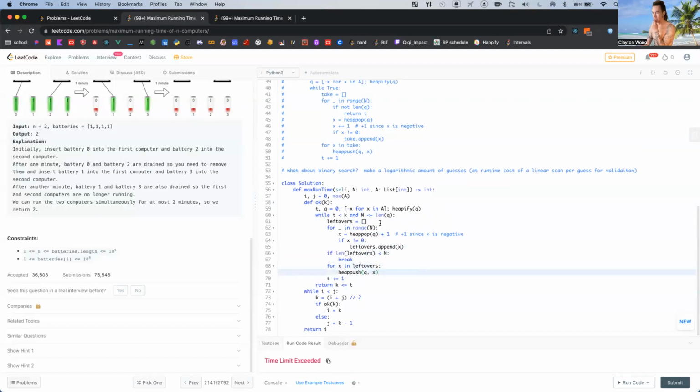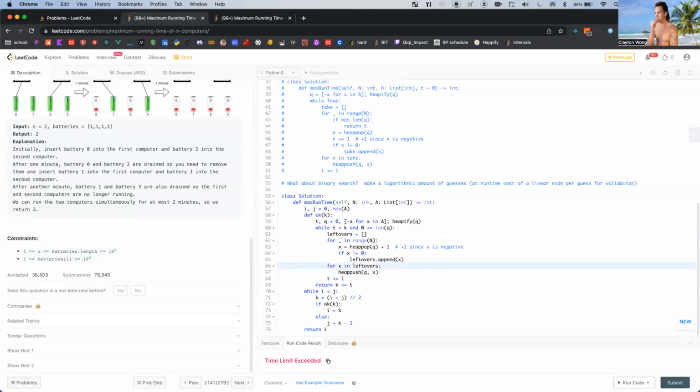Right, after you consume it, leftovers. And it looks like take all n at once, right? With the total t. Yeah. Okay. I don't know where it's getting stuck.